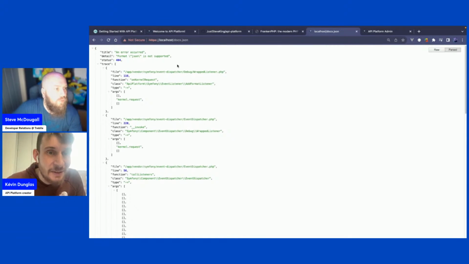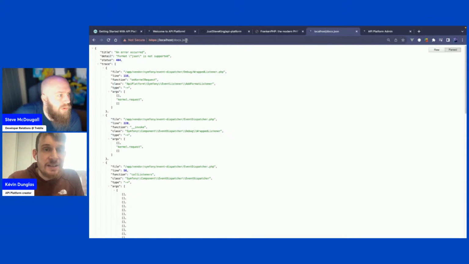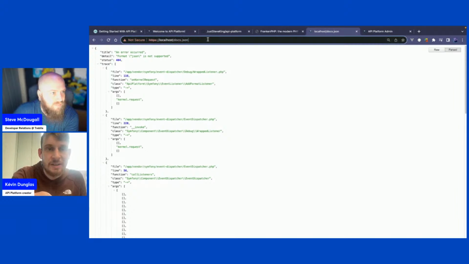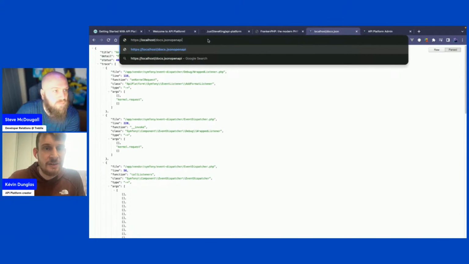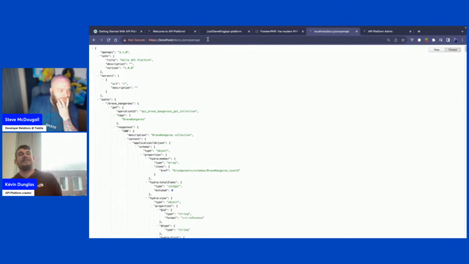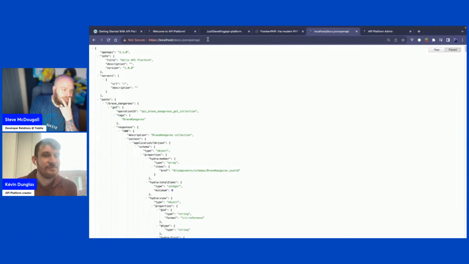Oh, no, it's JSON. Okay, maybe we changed that recently. Add .json, OpenAPI, add OpenAPI in the extension. Yes. Wow. And yes, this is that. That is just so much easier.